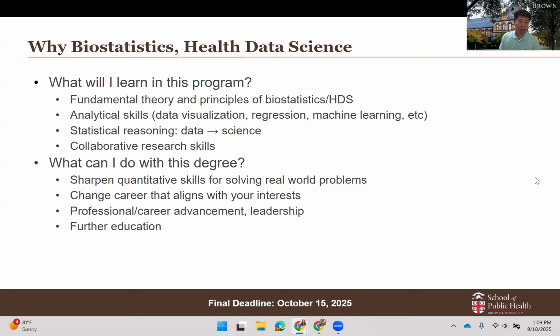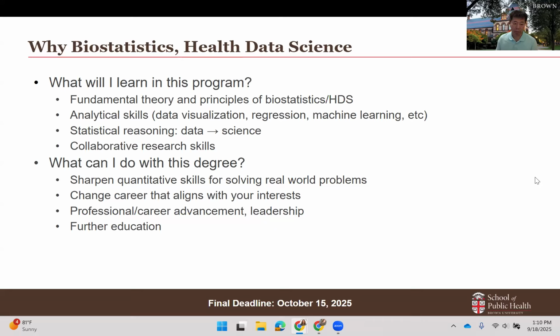And the last one: even though this program is not designed specifically for those pursuing a PhD, with this master's degree you can potentially continue to a PhD program and obtain a PhD degree. Again, if you're truly interested in pursuing a PhD degree, I would say getting a master's degree in a residence master's program is a better option.